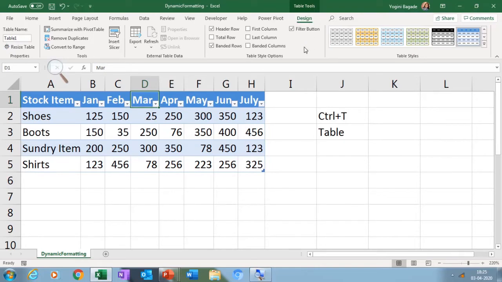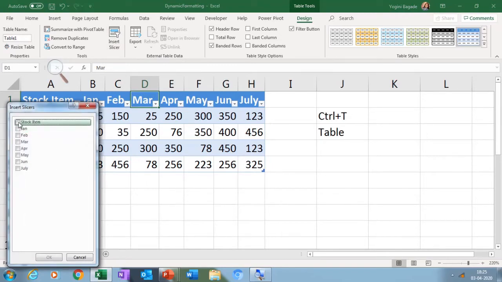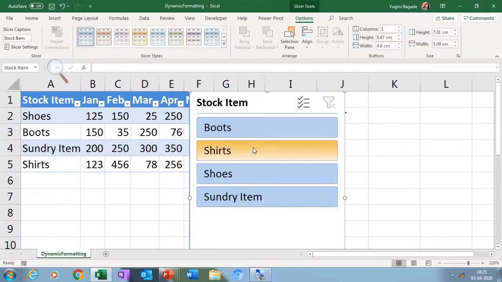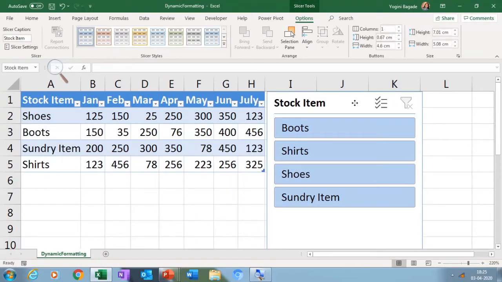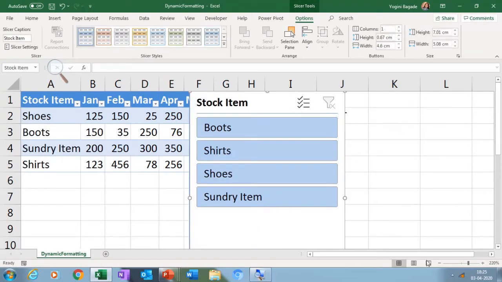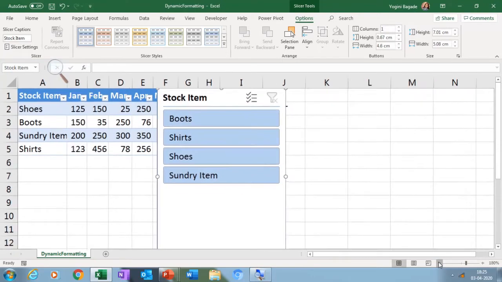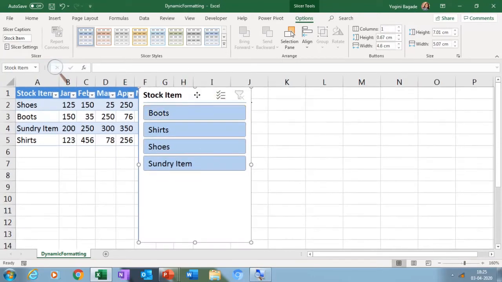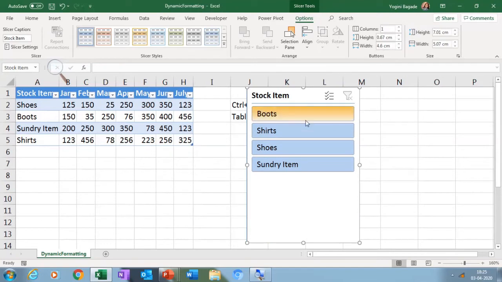Now first I'm going to show you something which is very important. Here there is something called a slicer. So if I click on slicer and click on the stock item and OK, this is inserted. This is my slicer. I'm just going to zoom out a bit for you to understand. Now what is this slicer?